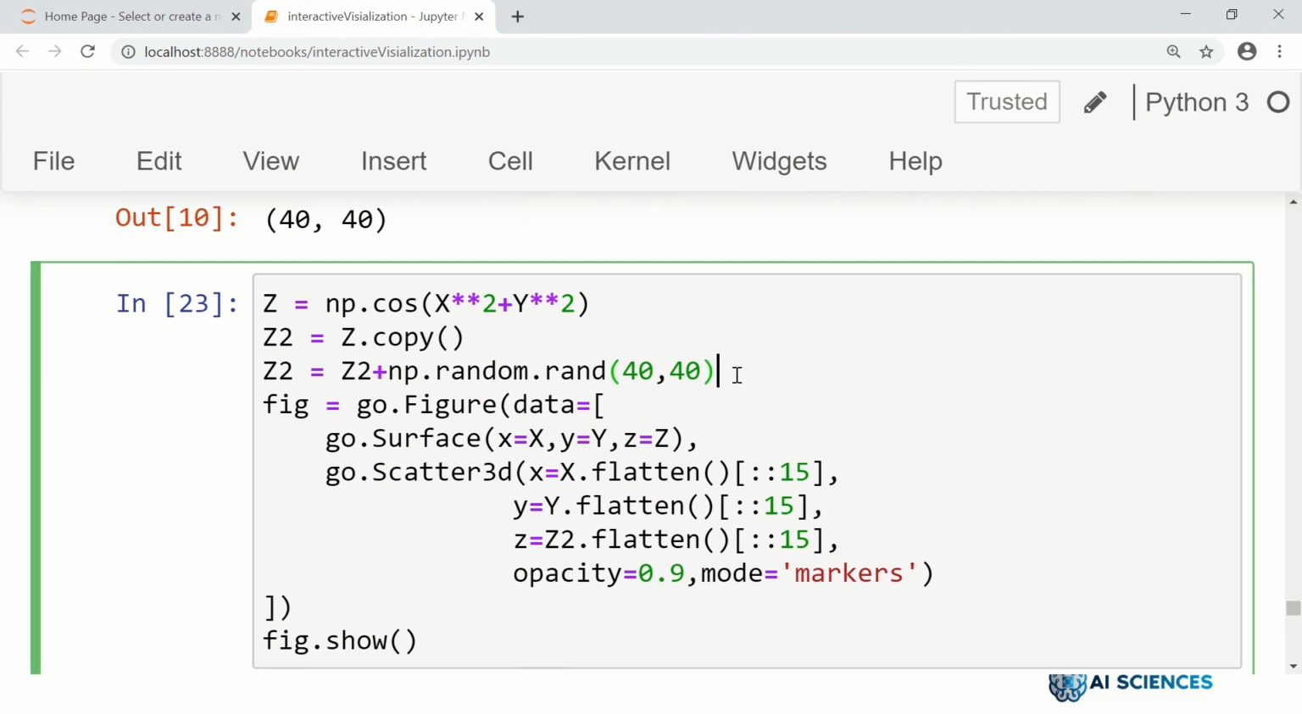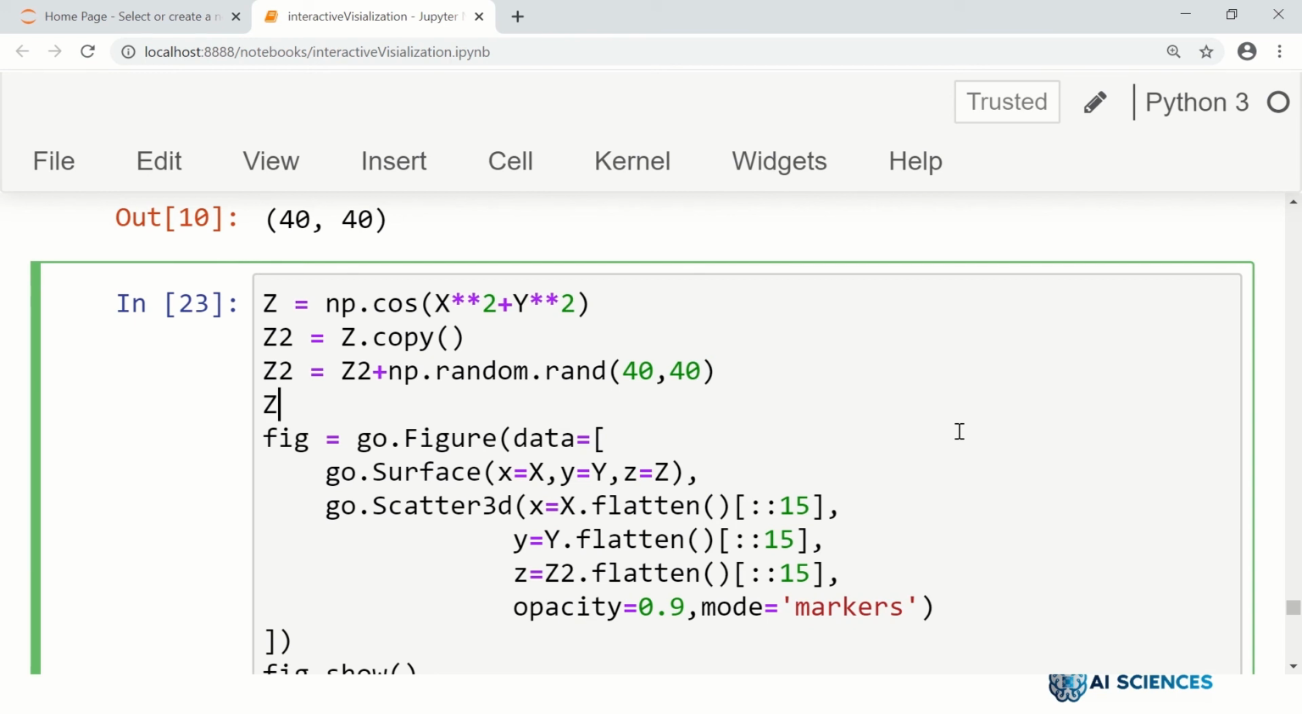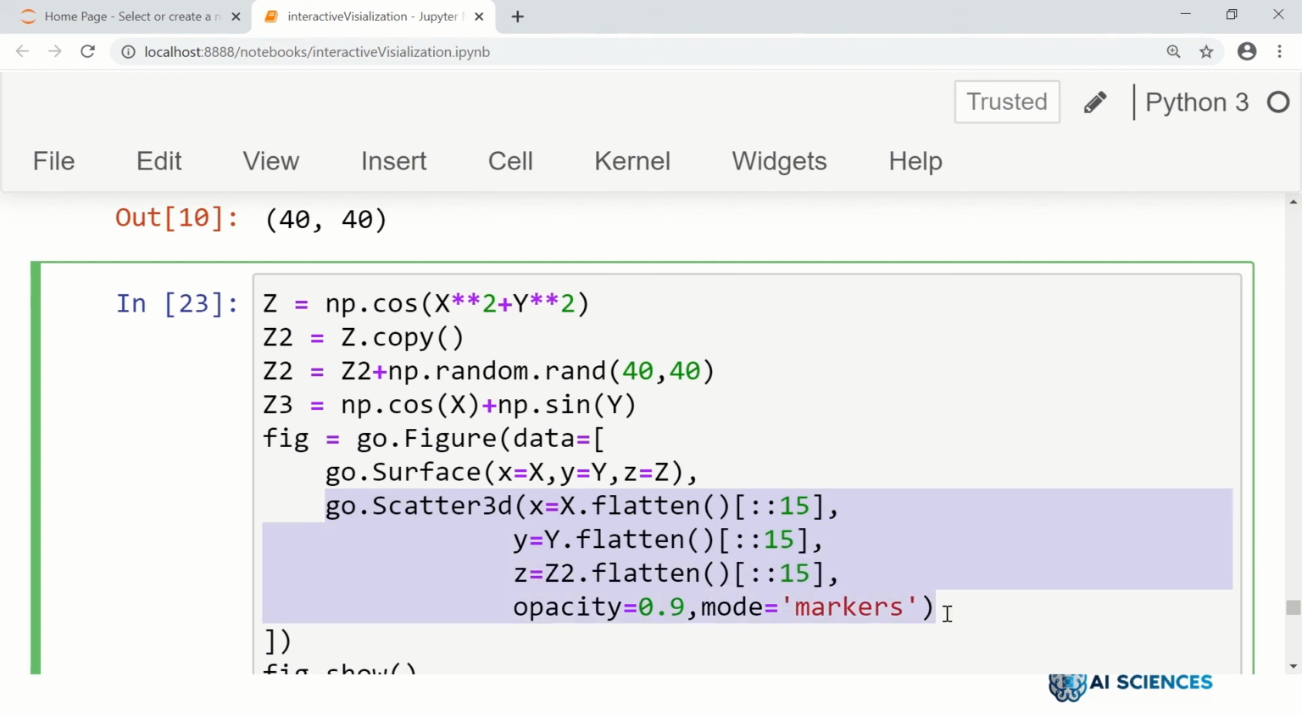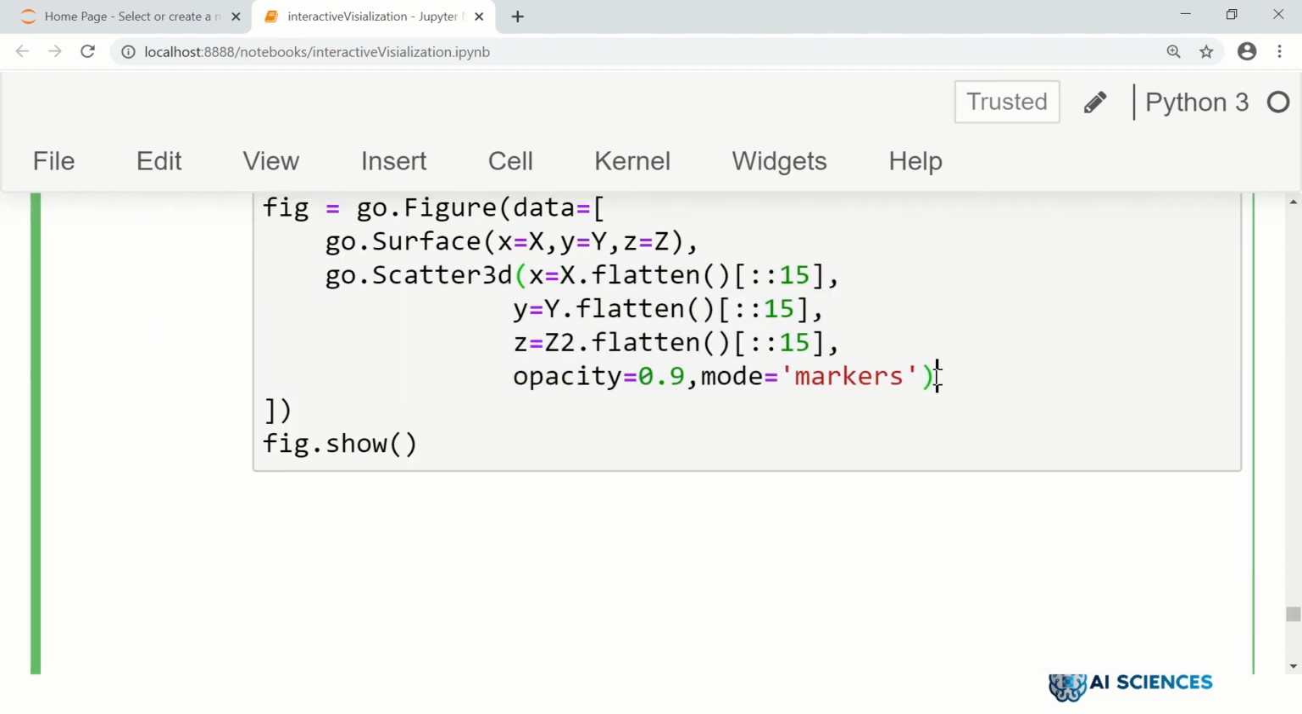one more plot, not related to this, just to tell you how you can add multiple plots. We may have another plot, for example Z3 equals, let's say, np.cos of x plus np.sin of y maybe. And let's have another scatter plot for this particular plot as well. So let's see, we have another plot